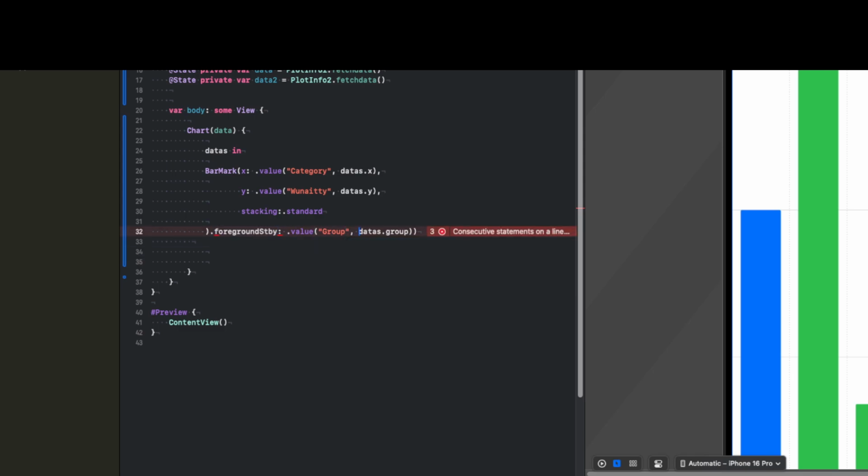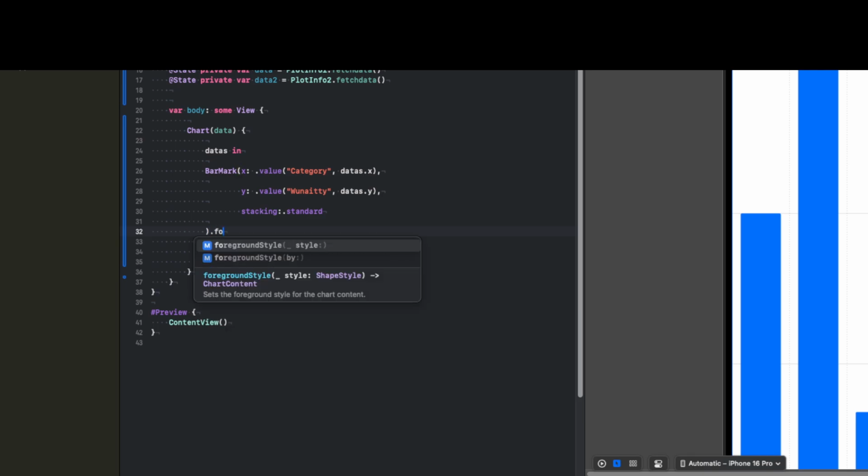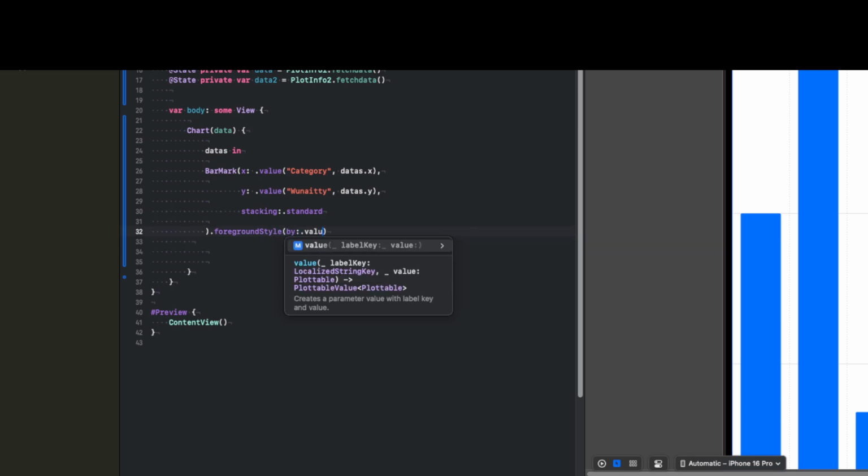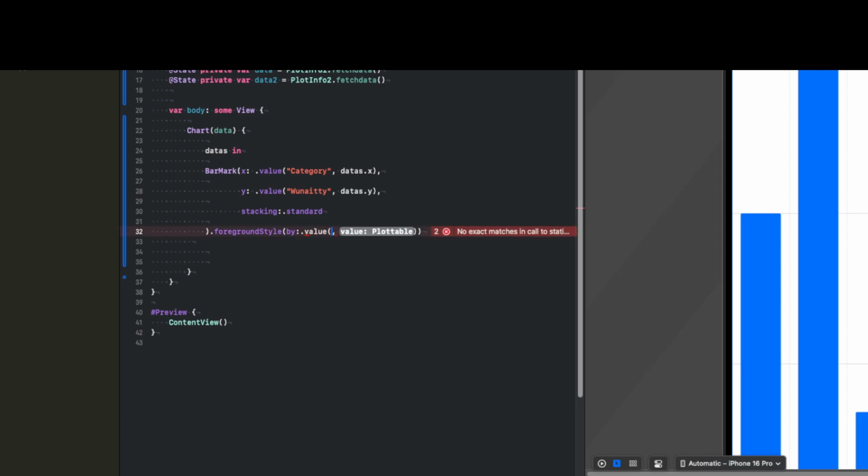I don't want this styling to come here. So right now it's this, and then now you do foreground style, and you do my value, and then I don't mention group,